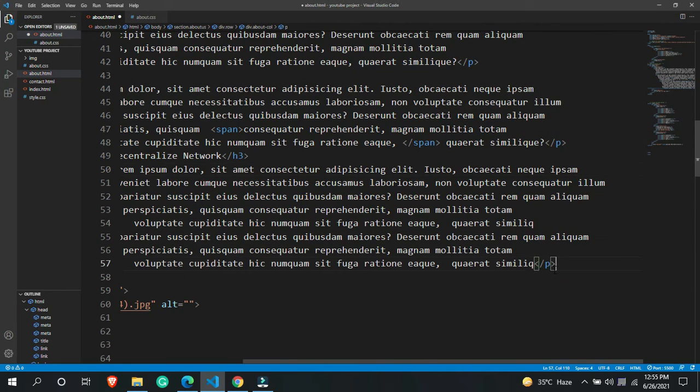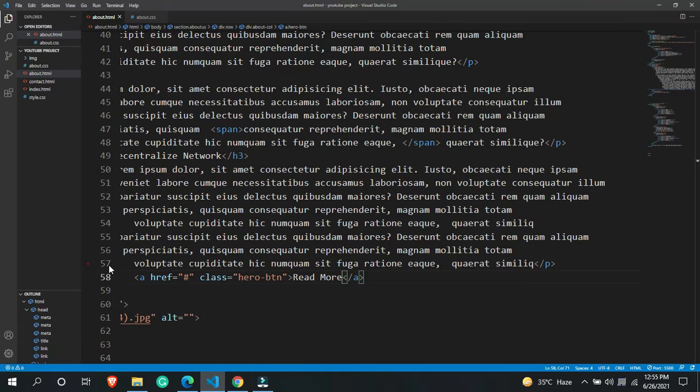Let me end this paragraph over here, and let me add a button. In the href, I'm going to use a class called hero btn that we already used. Inside this hero btn, I'm going to say "read more". After adding that particular class, this will reflect it.